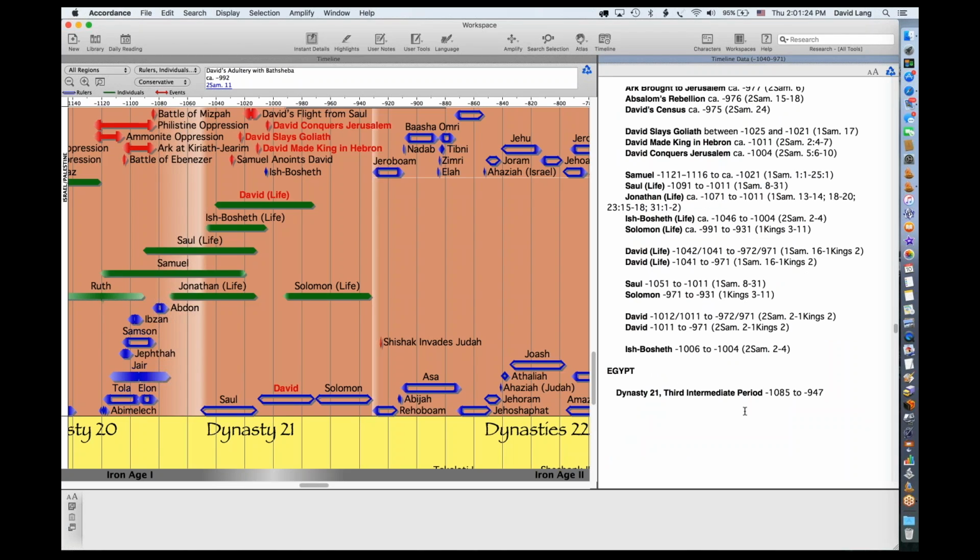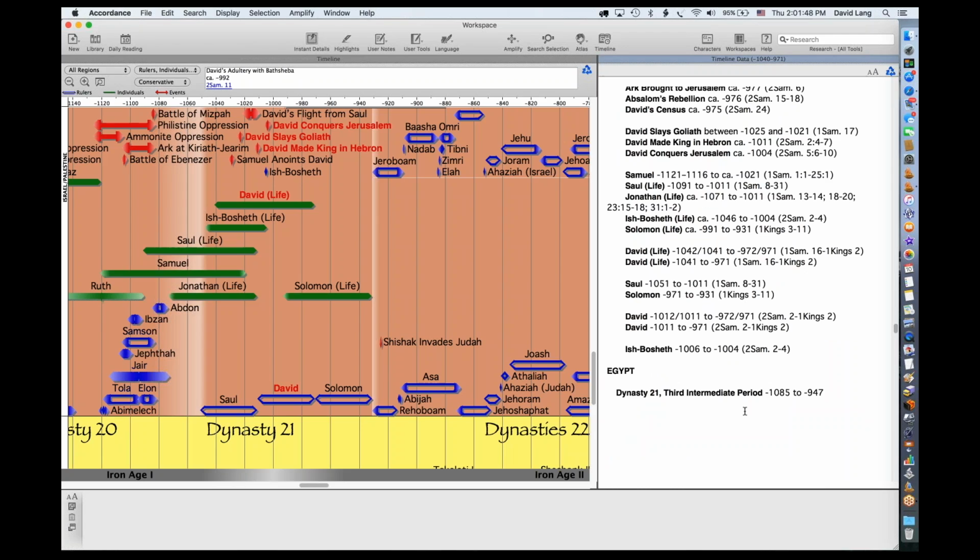decentralization. And so one of the interesting things that we see from this is that during the period of David's life, all of the major world powers are in a period of decline and disarray. The Greeks are in a dark age. In Asia Minor, this is after the fall of the Hittite Empire, Assyria is weak, and Egypt is